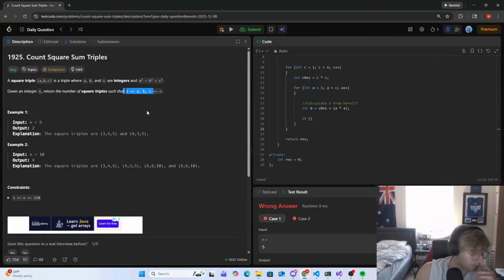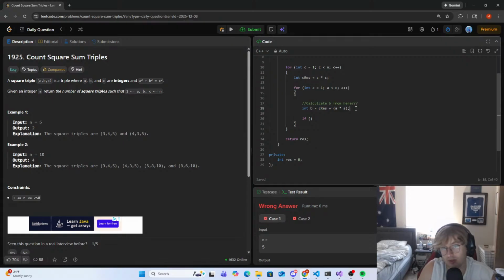So obviously we have to check that B is in range, right? So to do that, let's call this B res, right? We can call this int B is equal to the square root of